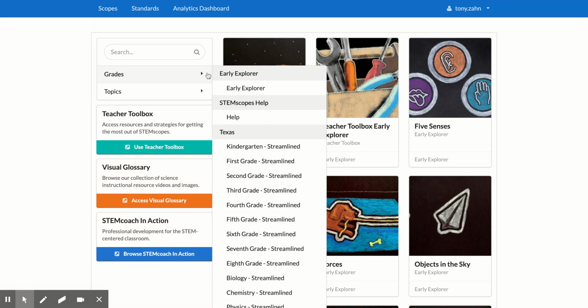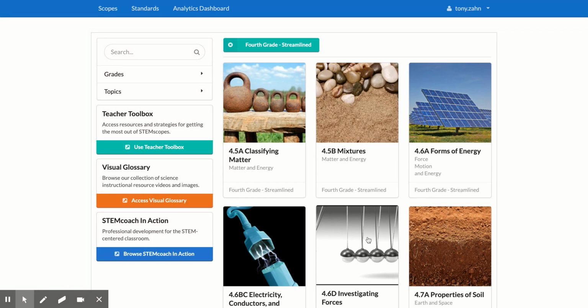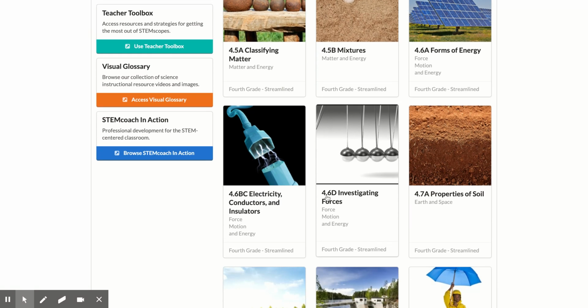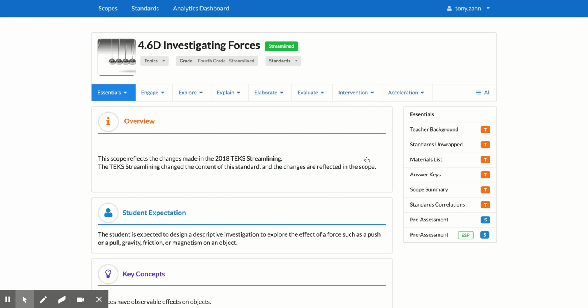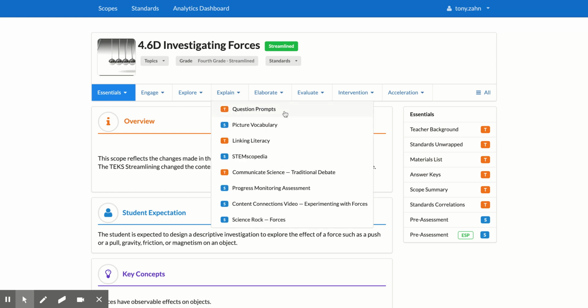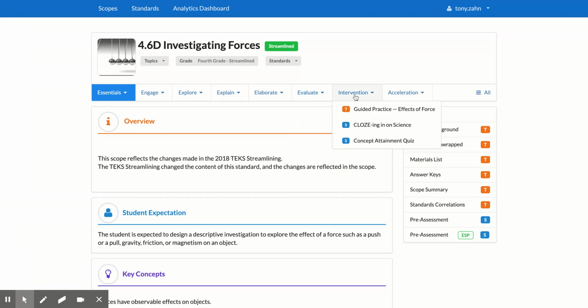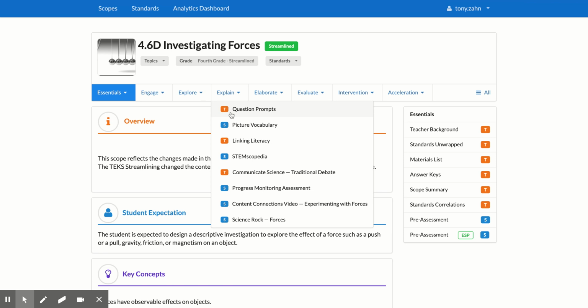So we're going to go right here to Filter Grades and go to 4th grade. And we're going to look at Investigating Forces 4.6D for that single standard. And we're going to focus on explain, evaluate, and intervention. Remember, we're looking for resources to provide intervention during intervention week when students have demonstrated a lack of mastery on a particular topic. So under explain,